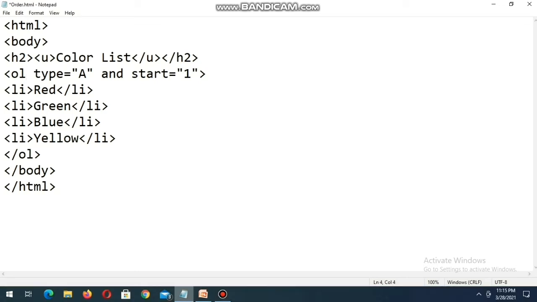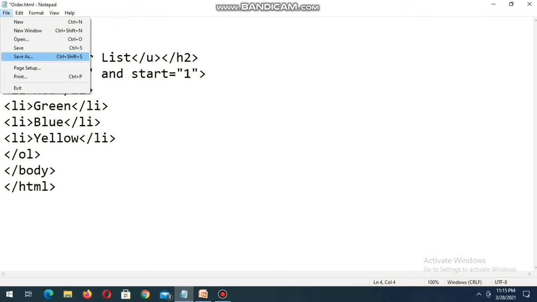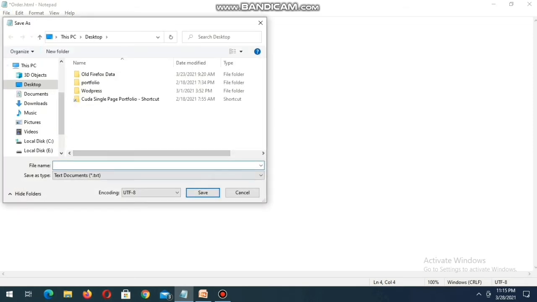Now dear students, I will save the program. Look at the saving procedure carefully. To save the HTML program, first you need to go to File and then click Save As. I want to save the program on the desktop. For this reason I choose desktop, and then I will give the name order.html. Here .html is the important part. You have to give the extension html.